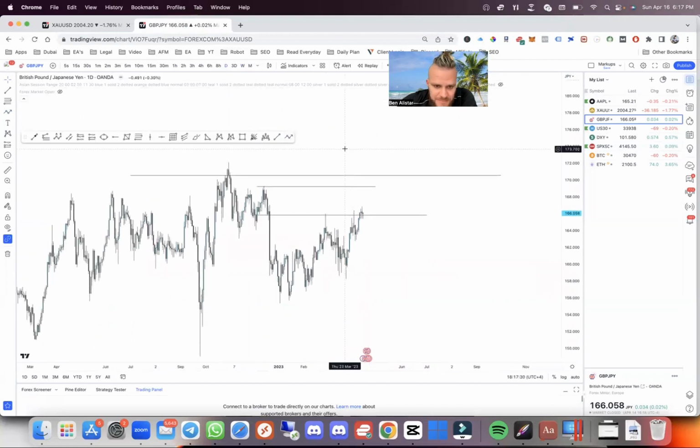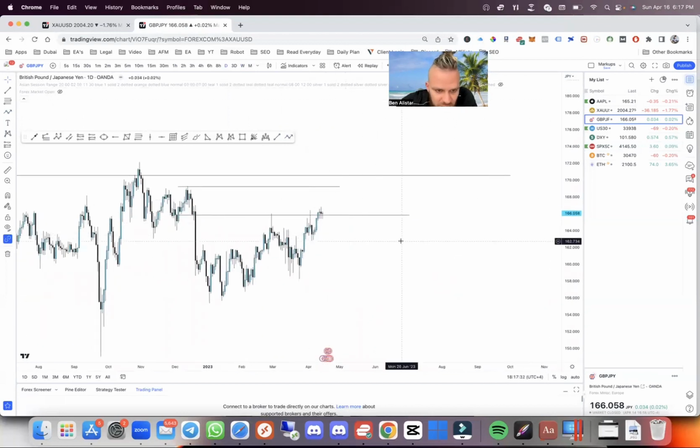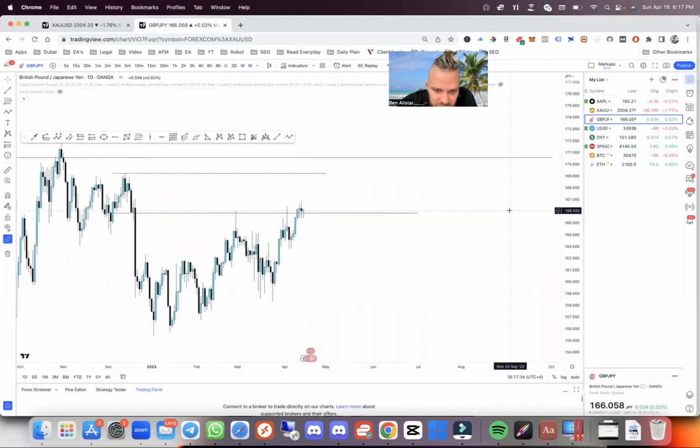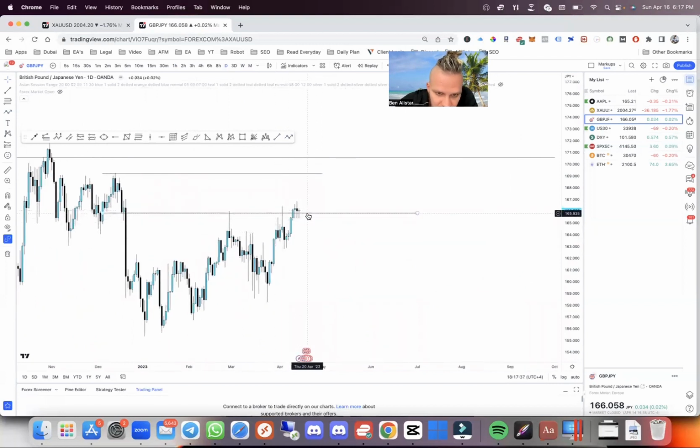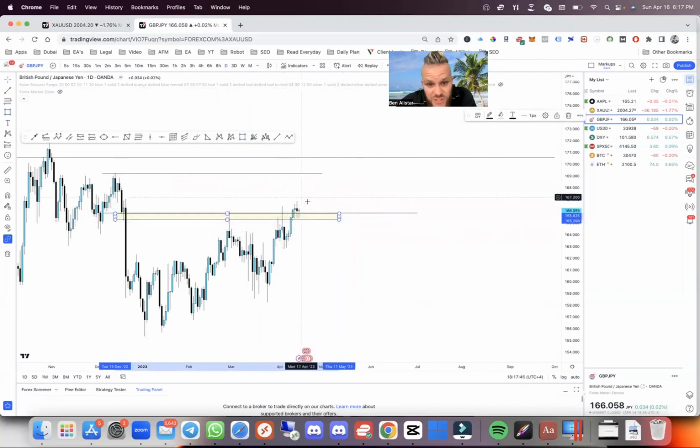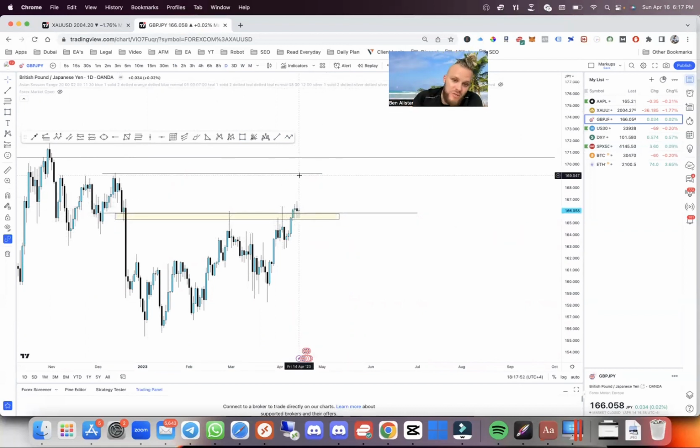On the daily, we are bullish on the daily still. See, we've got some nice wick rejection here inside this demand zone. So this is actually acting as support now. You see resistance turning into support here. But because the monthly and the daily are bullish, we would be targeting the weekly high, anticipating that to potentially